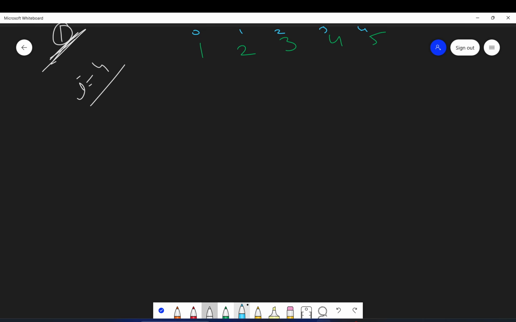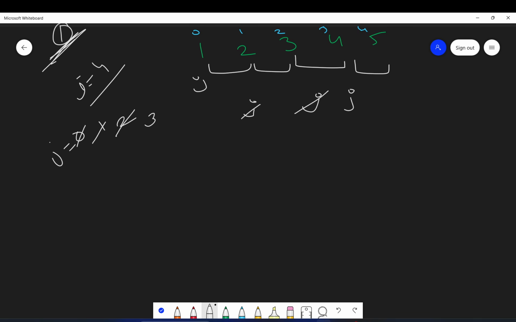At i is equal to 4, again j will go from 0 to 3. Initially we do not need to swap, j will increment and come here. Do not need to swap, it's at the correct place, so j will increment and come here. At 3, no need to swap, j will increment, it will come here, and no need to swap. So guys, did you see that in the i is equal to 4 iteration, we did not do any swap.